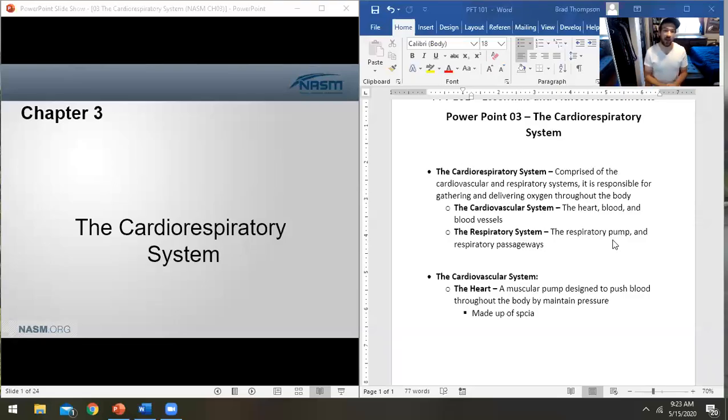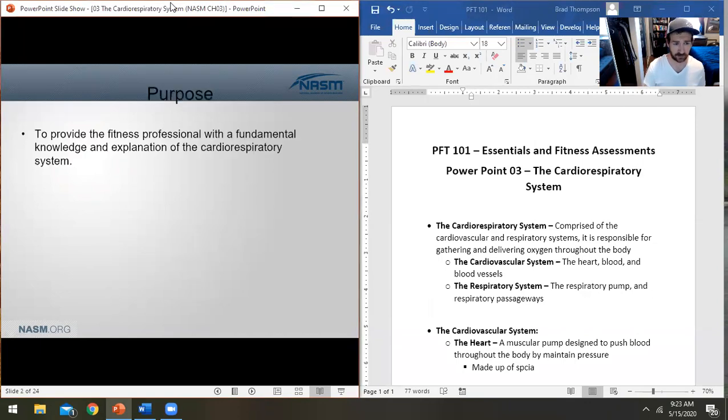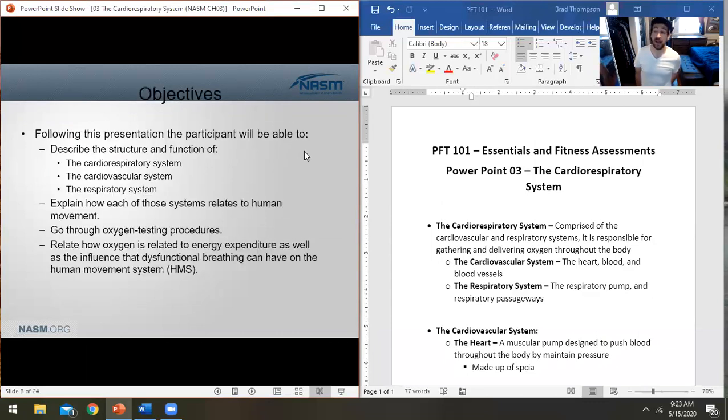All right, so we are looking at day 3 today. This is our cardiorespiratory system, which is obviously very relevant to talking about fitness assessments, right? We are going to assess someone's cardiorespiratory capabilities and how well their cardiovascular system is functioning. So we're going to understand the cardiorespiratory system in a nutshell. After this presentation is over, we'll be able to describe the parts of our cardiorespiratory system,